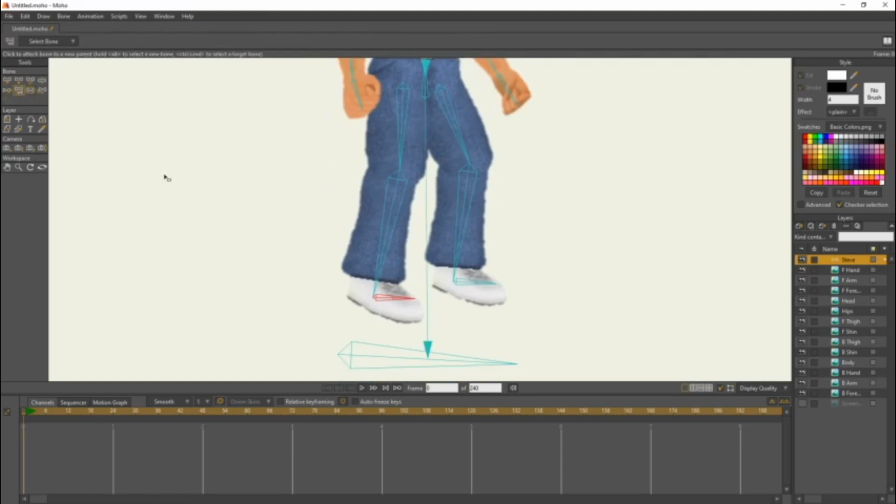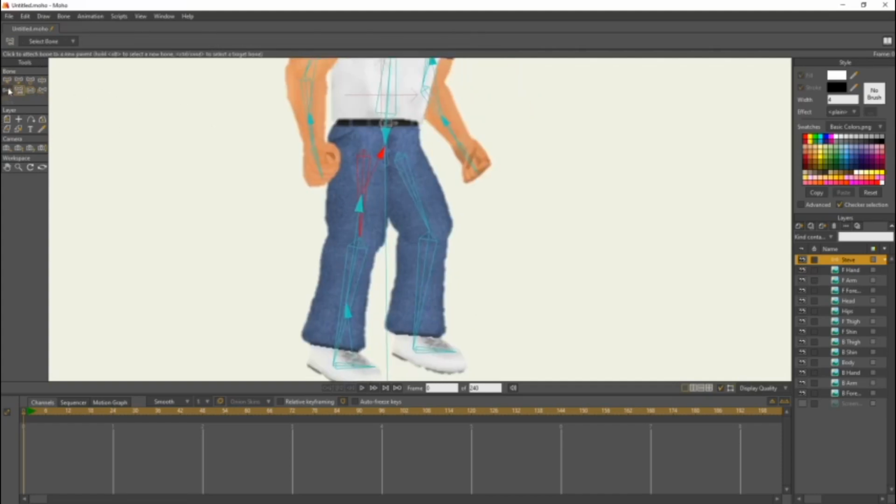Come to the foot, parent it to the shin, the front shin, select the front shin, parent it to the front thigh, parent it to the hips. Same for the other leg. The back foot to the back shin, the back shin to the back thigh to the hips.